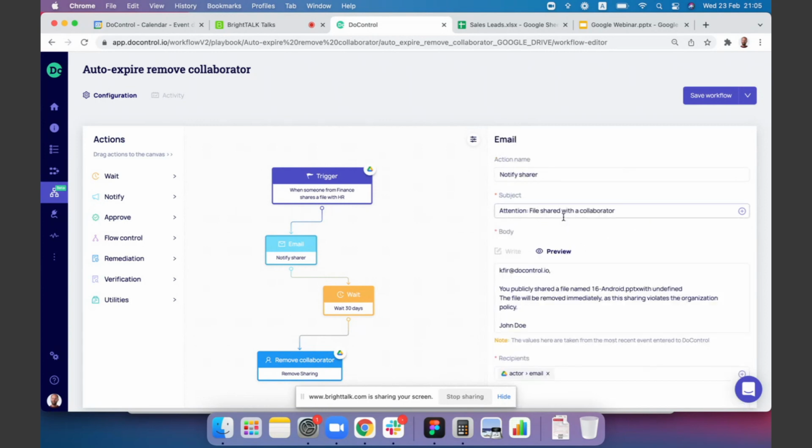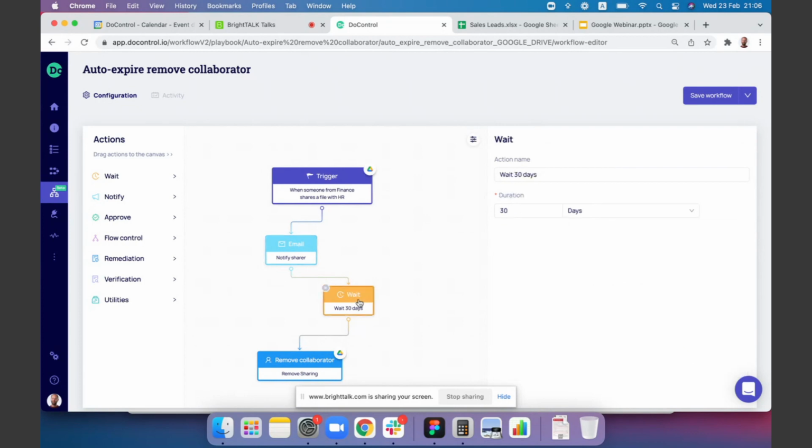You can see here the email as it will be sent to the user, and we can configure how much time we want to wait until we